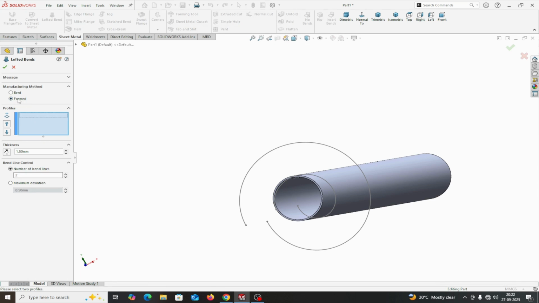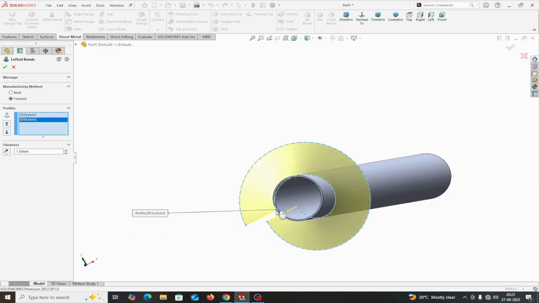Select the formed manufacturing method, bent and formed. I will select formed. First select it. This one, this one. In this way they are connected. Sheet thickness, I am taking 2 mm. Blade thickness is